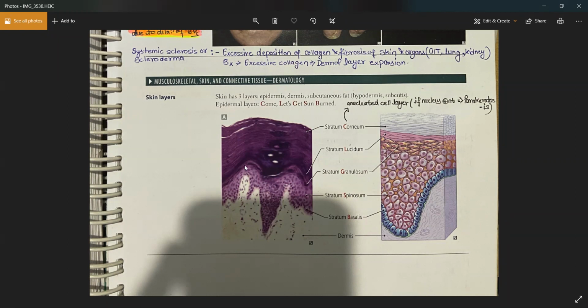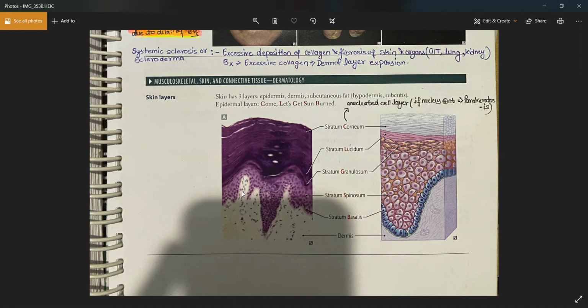You will be having very elongated rete ridges in case of psoriasis, and the deposition of the neutrophils in these ridges causes the micro abscesses, because an abscess is nothing but just a collection of neutrophils, right, that are causing the